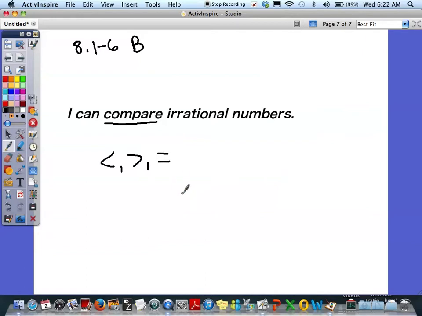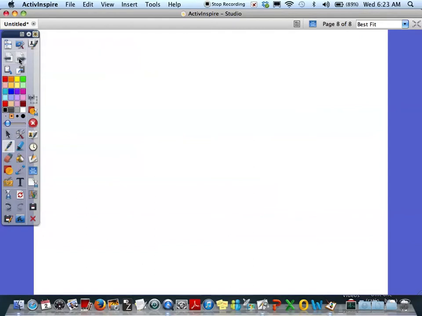If I gave you the number 2 and 5 and asked you to compare them, you would say that 5 is greater than 2. And that's all we're doing. We're going to compare irrational numbers and expressions that contain irrational numbers. And then finally, we're going to order them from least to greatest, which is kind of the same thing as comparing them. So I'm going to give you 2 examples for this lesson, and I'll make them as fast as